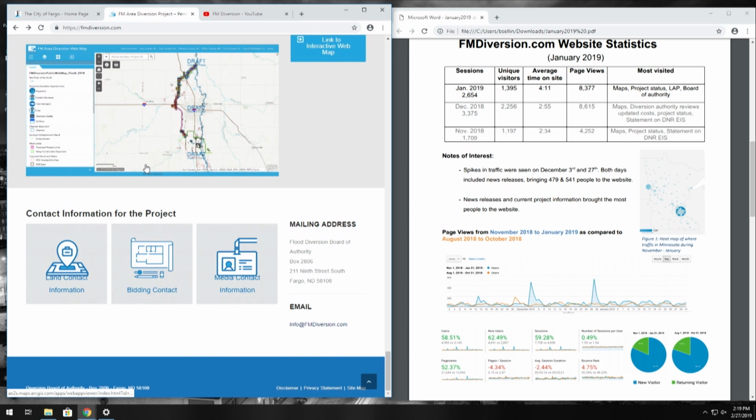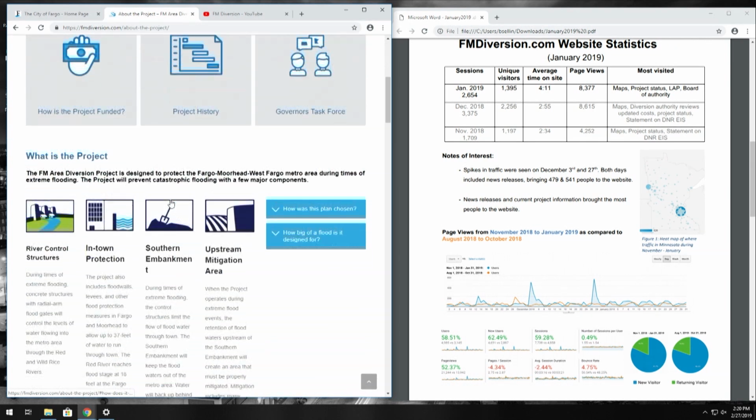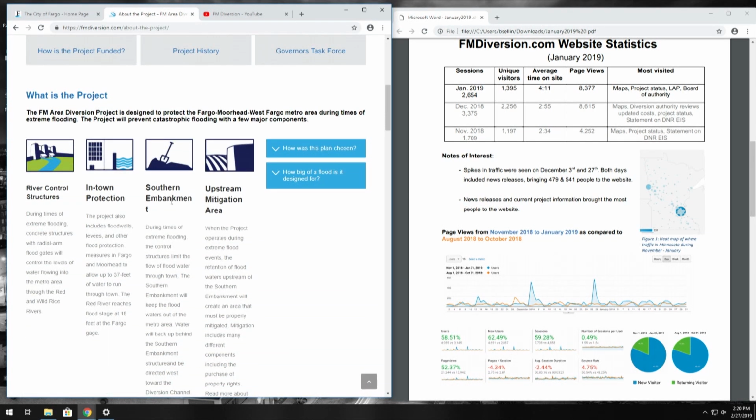And then one other thing I'll just note here, that we get a lot of questions about how the project will actually work. And so we've restructured the about the project page. If you've seen those pull-up banners that we have, we use those icons for the different project components.